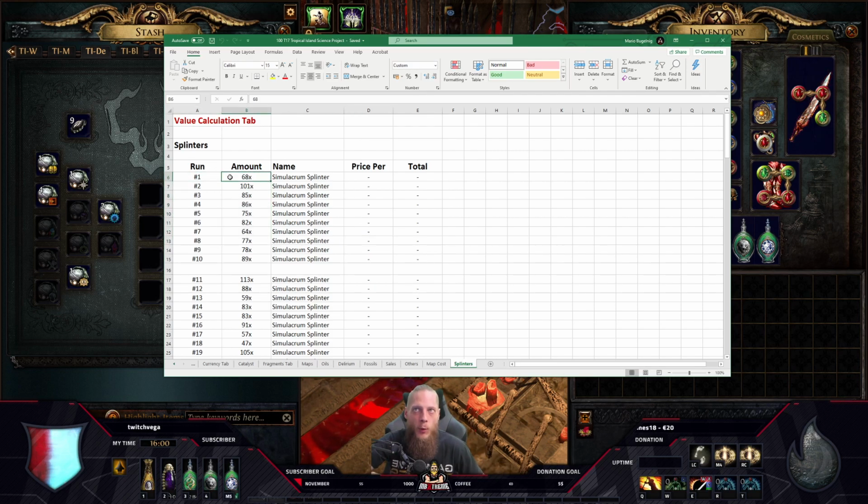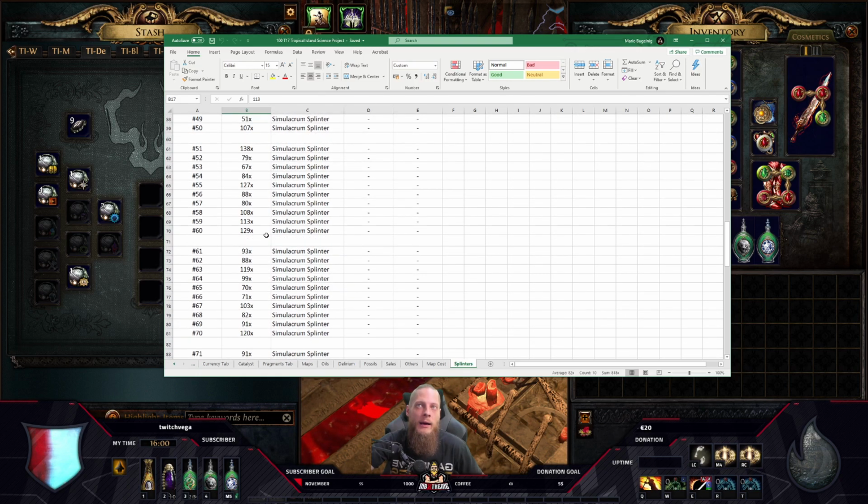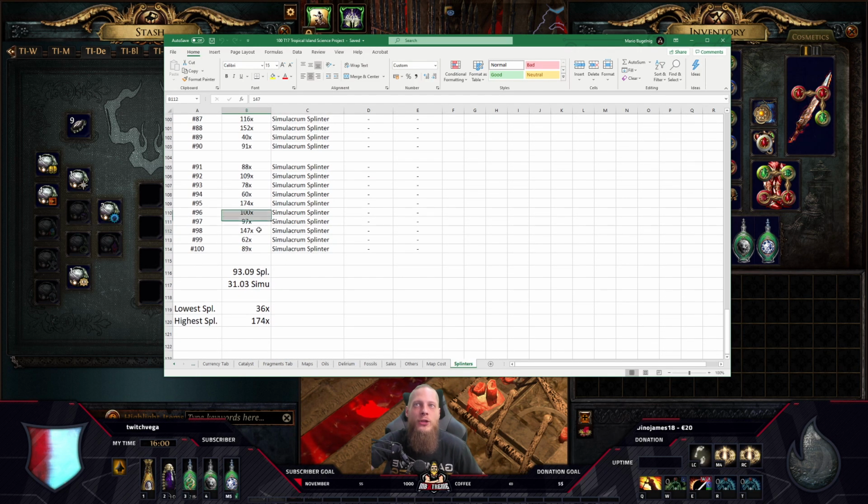So map number 1 was 68 splinters. Map number 23 was 104 splinters. So I actually wrote down every single splinter count of each map, and then I have an average, and my average was 93 splinters per map, which is about 31 simulacrums that we have over here. So that is accurate. And if you take a look at what determines basically how many splinters you get,